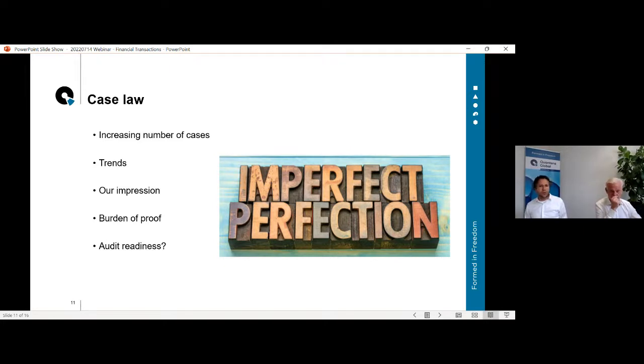Theo already mentioned it briefly in his introduction. What we see, and also something that frightens us a little bit, is recent case law, not only on financial transactions, but also on other types of transactions within transfer pricing. We see, however, a lot of cases are focused on financial transactions, and those cases are usually not as clear and straightforward as you would like them to be,